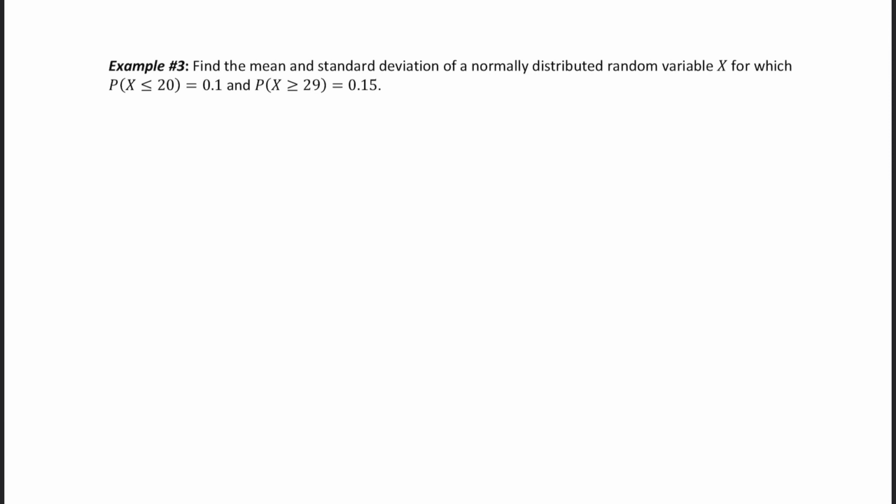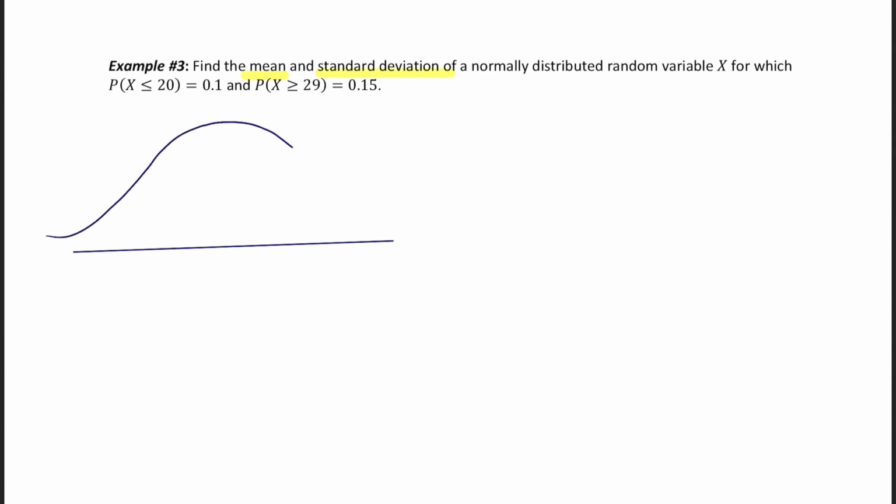Then let's do example number 3. We need to find the mean and standard deviation of a normally distributed random variable x for which the probability of x less than or equal to 20 and the probability of x greater than or equal to 29, right? So in this case, we have to find both mean and standard deviation. So let's draw our normal distribution graph, okay? Then we have